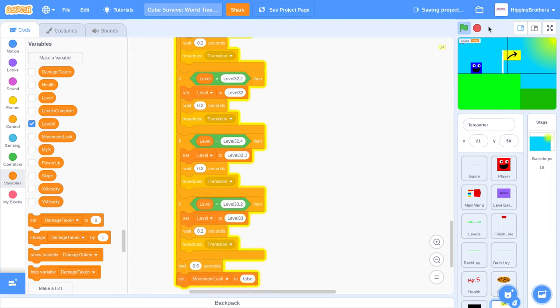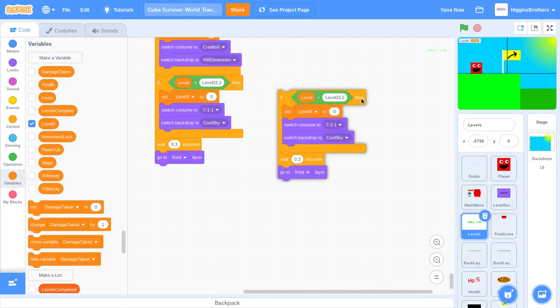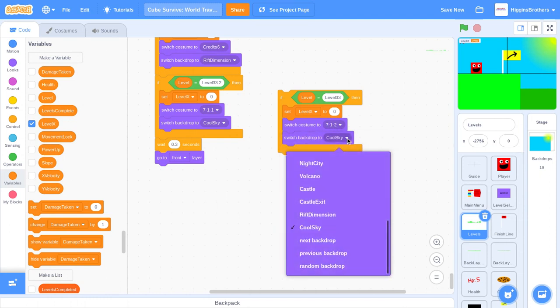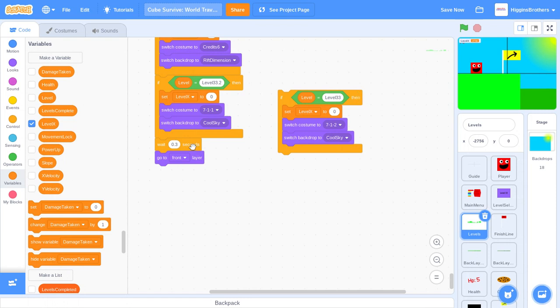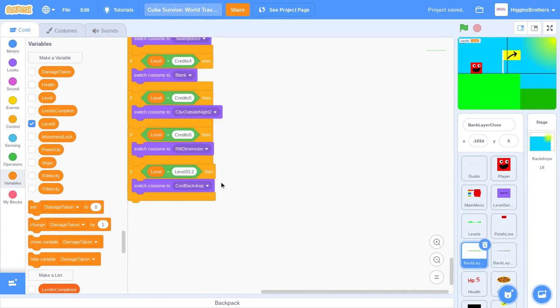Now, this level is complete, which means that we need to make more of the previous level. Click into levels, and let's add level 33. Get rid of that, get rid of that. All right, I saved it as 7-1-2 in this, and we're going to keep the backdrop at cool sky. Attach that to there. We're good to go. All right, this one's good. Go to the back layer,